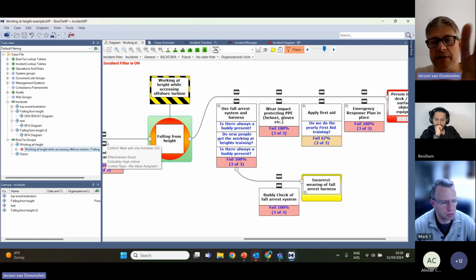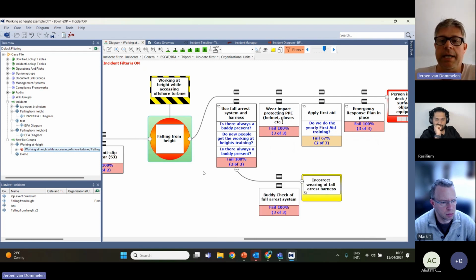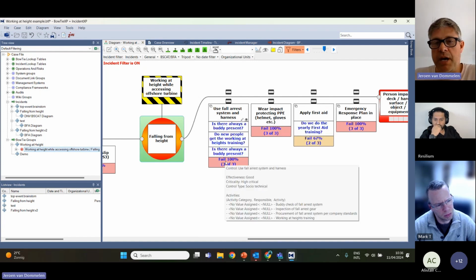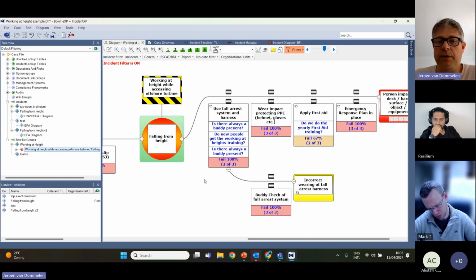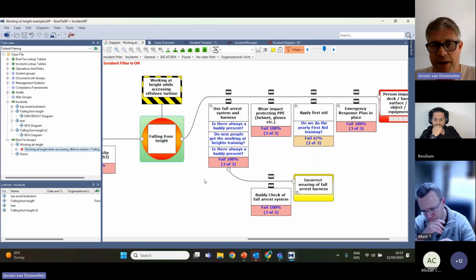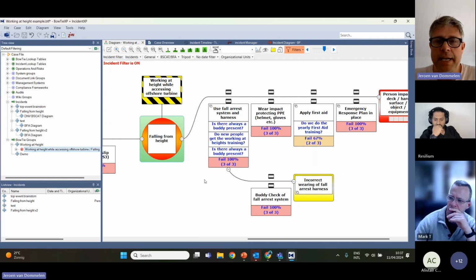So I've already added a few incidents here, and it starts counting the number of failures. So in this case, this particular barrier failed 100%. So in 3 out of 3 incidents, the barrier failed,